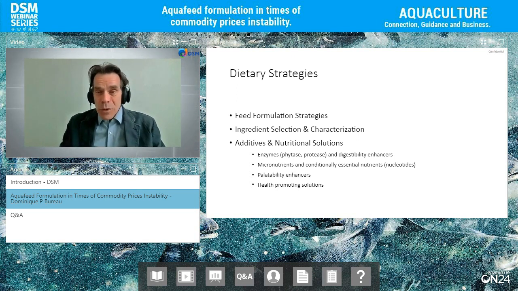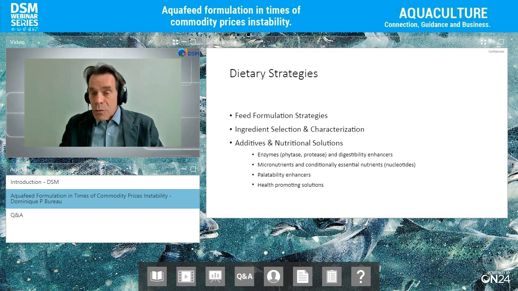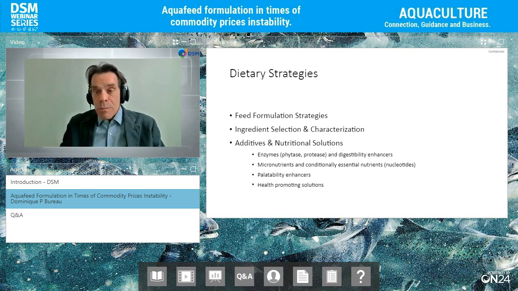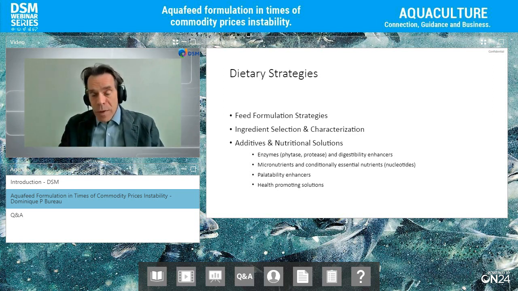First, you can play with the feed formulation. You can change your nutritional specs or the way you formulate the feed. Second, you can say, well, I'm going to start relying on different ingredients, but that means characterizing a wide variety of ingredients. Or in the end, you say, well, I have what I have, the ingredients that I have, the equipment that I have, the condition that I have. I will try to make more of these ingredients, more of this formulation through the use of different nutritional solutions or feed additives, including enzymes, micronutrients or sources of micronutrients or conditionally essential nutrients, as you replace fish meal, for example. You may deal with a mixture that is not so perfect and not so tasty for the animals.